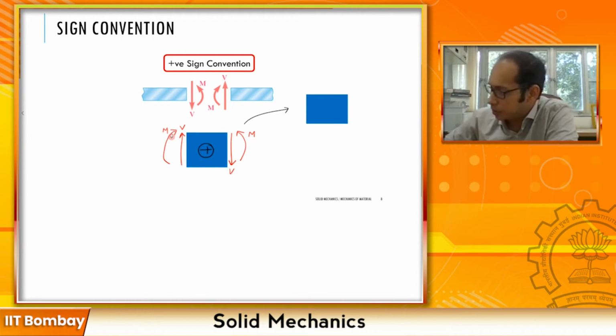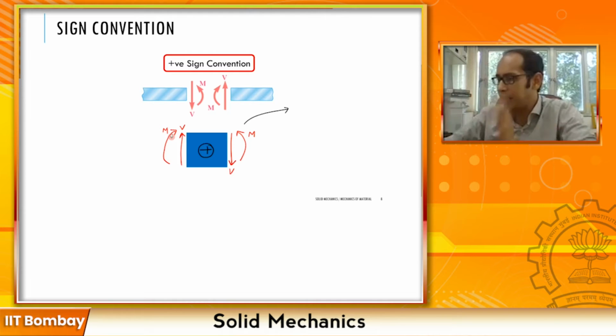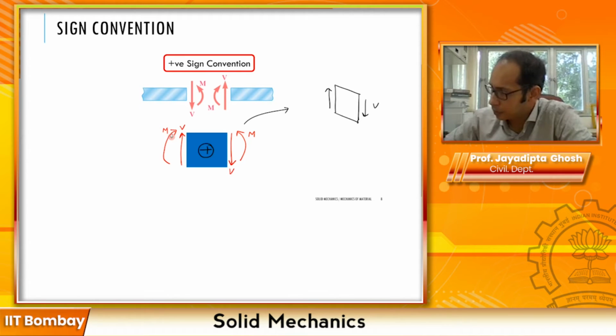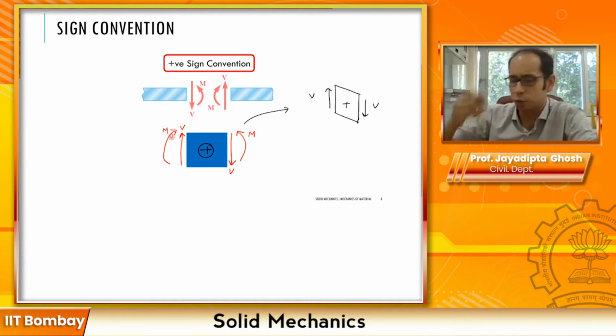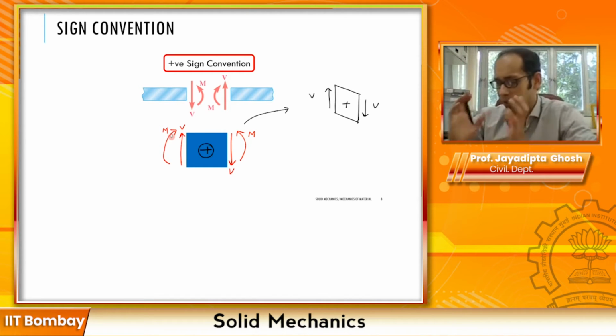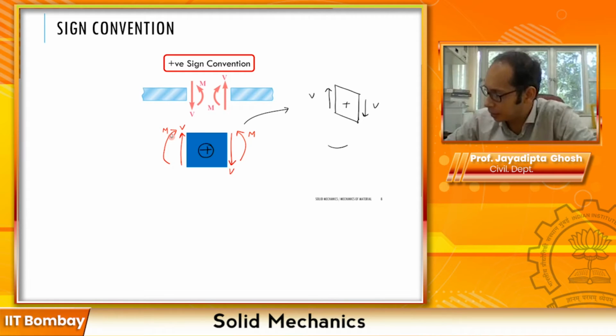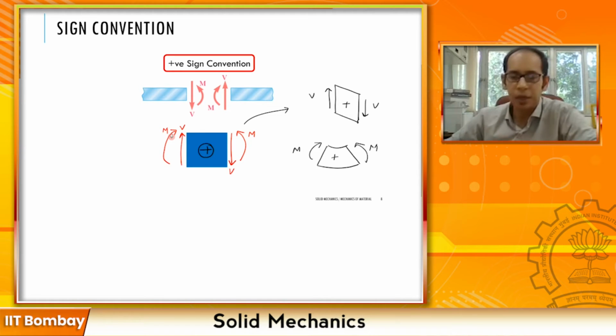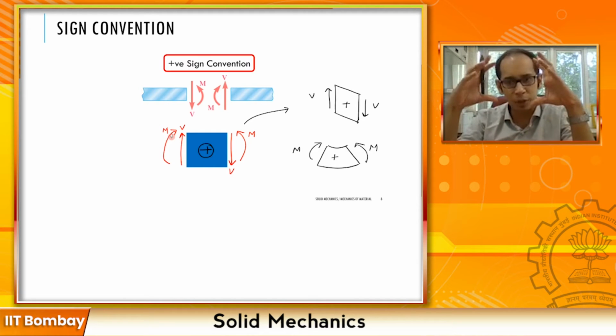So sorry, let me erase that. So if I just have the shear, I can draw it simply using an element as well. So this V and this V over here will tend to make your element like this. So this is the positive shear. I am again applying the principle of superposition. That's all I'm doing. And for the same thing, how does the moment look like? The moment will be something like this. The sagging phenomena. Right? So I hope it is clear to you how we represent a positive shear and a positive